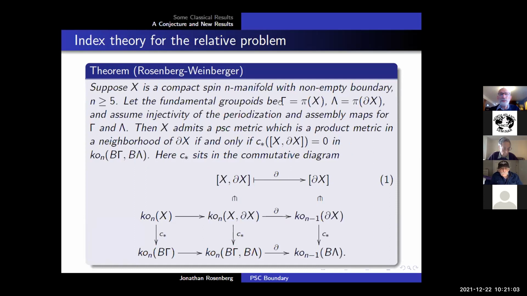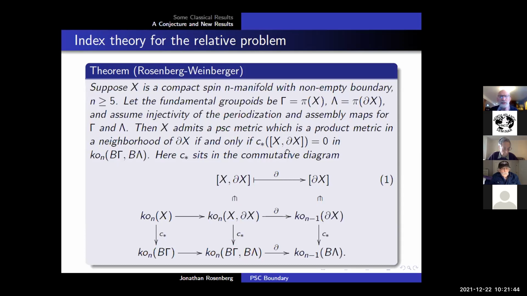So gamma is the fundamental groupoid of X, and lambda is the fundamental groupoid of the boundary. And let's assume injectivity of the periodization and the assembly maps for both gamma and lambda. So there are cases where that will be the case. So then X admits a positive scalar curvature metric, which is a product metric in a neighborhood of the boundary, if and only if